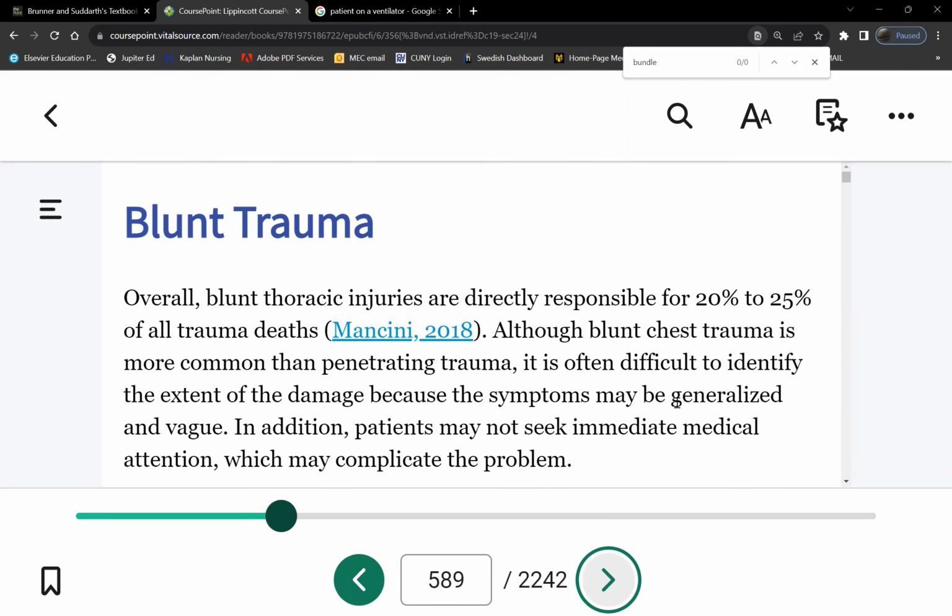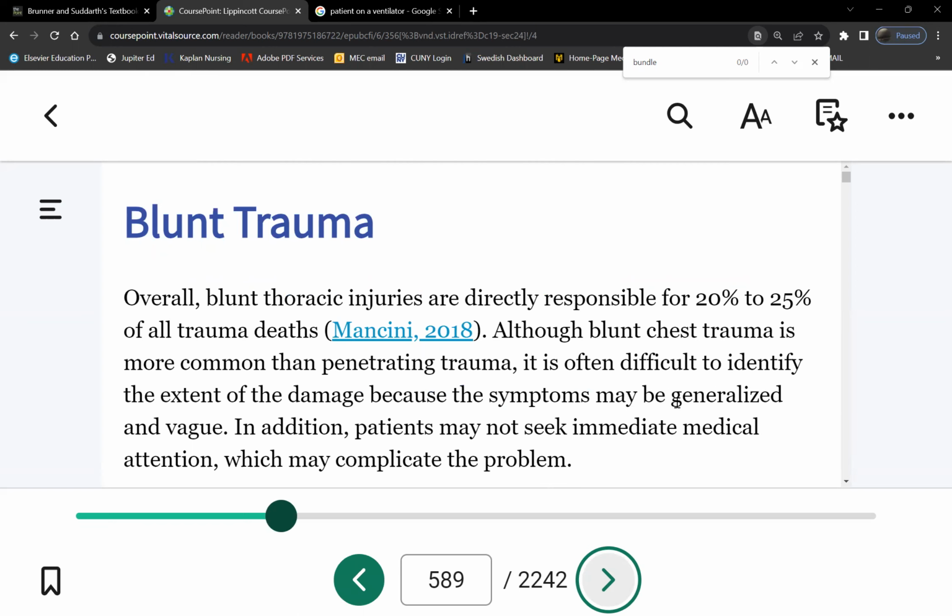If I were you, create a table for each one. Not blunt trauma, this is not really specific. Let's go to the next one. Here, rib fractures would be the first one. Now, there's a difference between rib fractures and